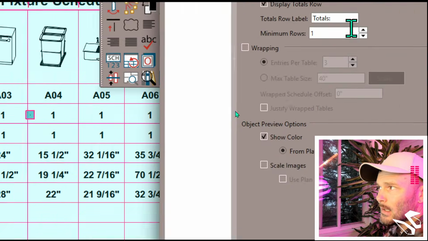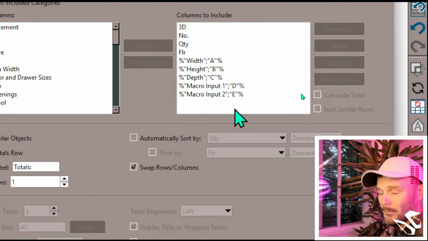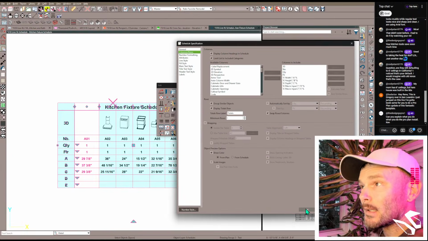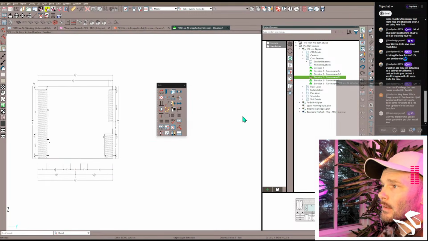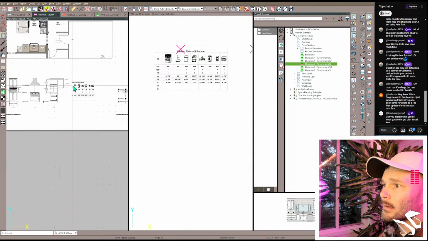A, B, C, D, E. A is actually coming from the width of the fixture. B is coming from the height. C is coming from the depth. D and E are coming from macro input 1 and 2. That's really important, because if we were to just tile this for a second and then come to that layout,